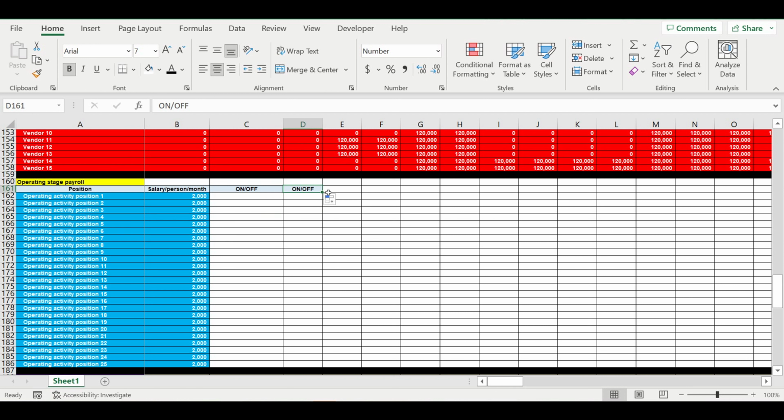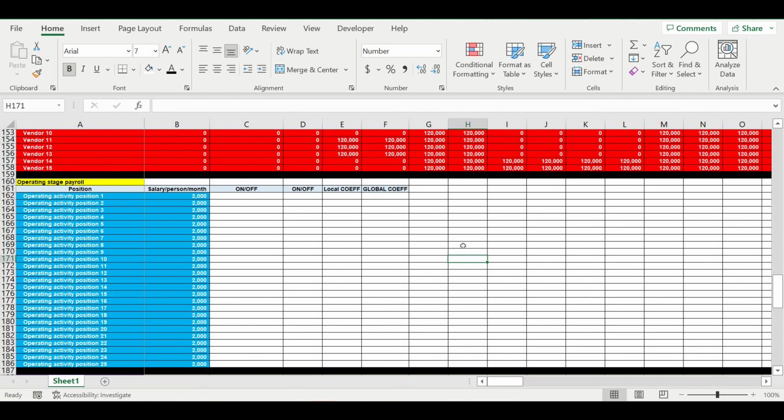Then we can use a local coefficient, and a global coefficient for salaries, to add all these coefficients to make us able to play with scenarios many steps ahead, when we will get the cash flow statement and the simple discounted payback period. It's much easier to play with all the coefficients rather than with the values of